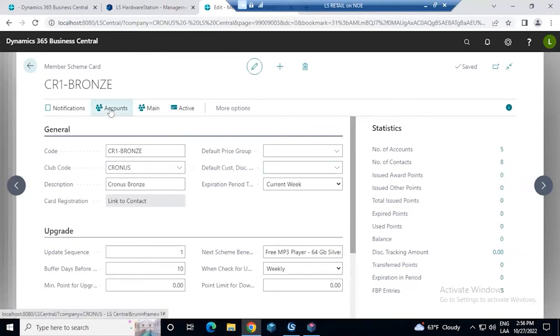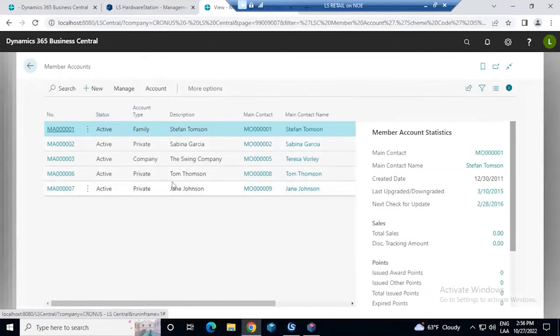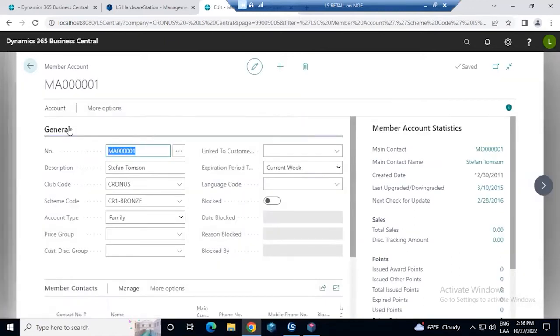I'm going to get an account. Every time you have somebody, let's say Stefan is here. Now let's go to the customer side. This is Stefan, part of the Kronos club that we have explained, and bronze, because this is the default first level. But we have added that this person, Stefan Thompson, is a family. This could be private, or this could be a company. It helps us for the different types of customers that we might have. If you have not only a supermarket, but supermarket is the most basic idea, let's say that you sell electronics, or you want to sell